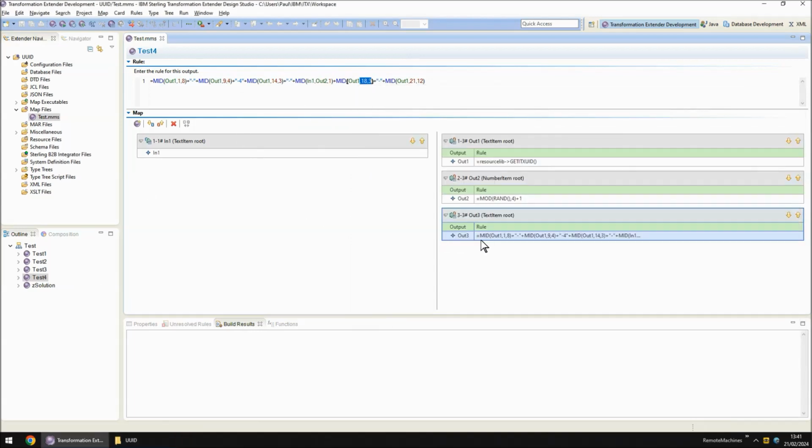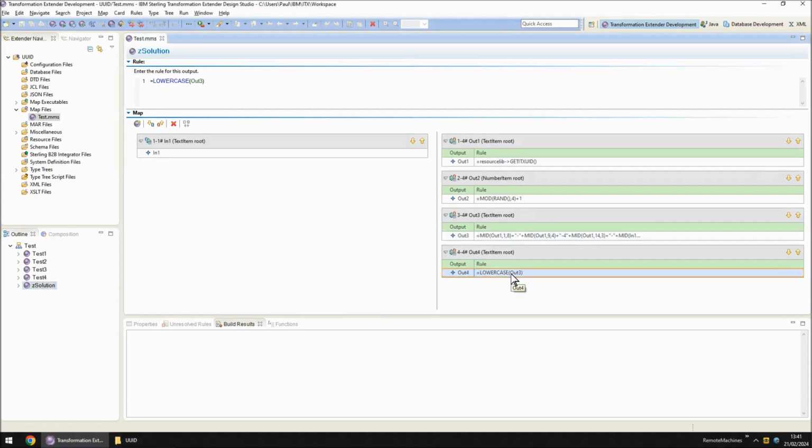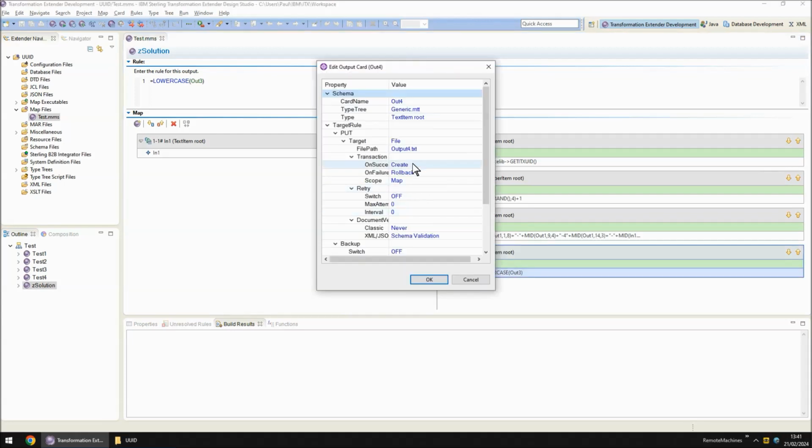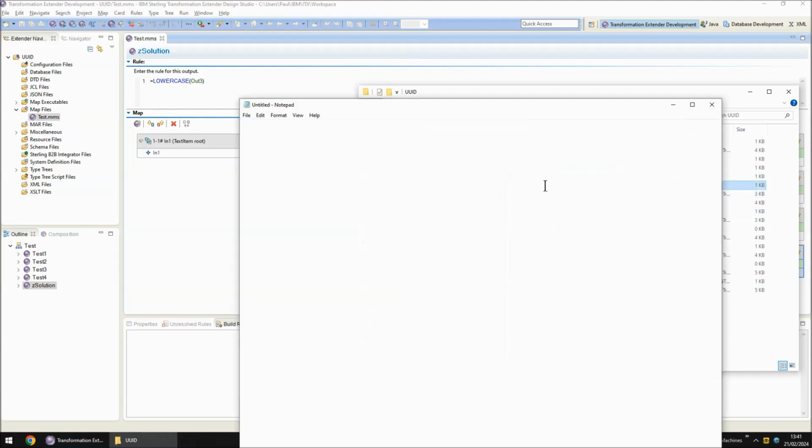Now the final stage for my map is to convert the entire thing into lowercase. So if we go to the final map in the string Z solution, we use the lowercase function to take the previously created string and write it out to output4.txt. If I run this map, switch to output 4, here we have our final UUID string that is compatible with